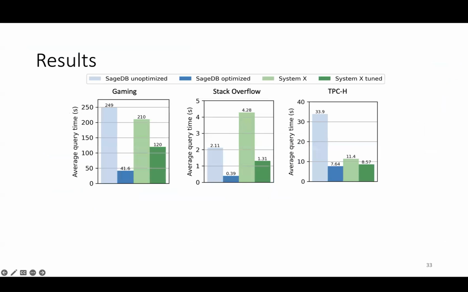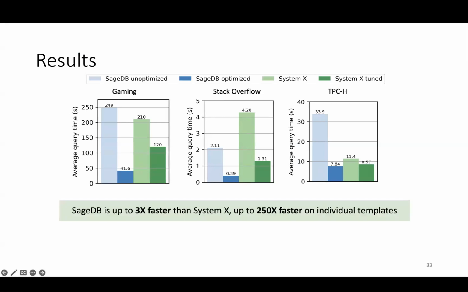Now, in terms of results, we evaluated SageDB across 3 different datasets, including a real-world dataset and workload from the gaming division of a large technology company in the leftmost plot. We evaluated SageDB both out of the box and after the PMVs and layouts have been optimized. And we also compare against a popular cloud-based commercial data warehouse, which we call SystemX, in both its out-of-the-box configuration and a tuned version, where it has been both manually tuned and auto-tuned. And overall, SageDB is up to 3x faster than the tuned version of SystemX,